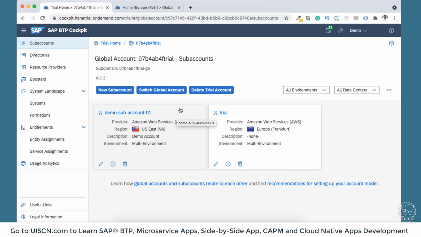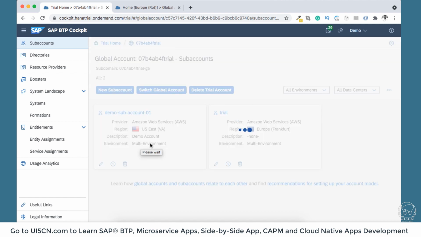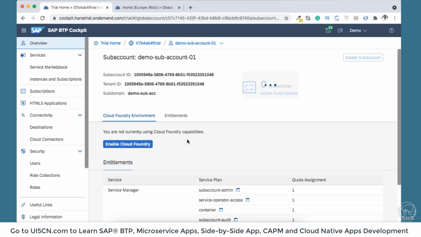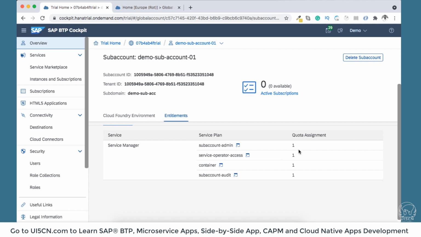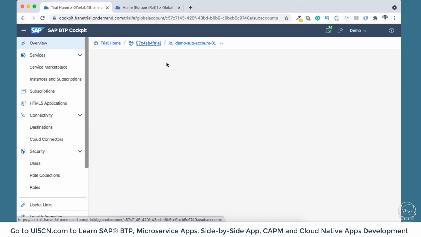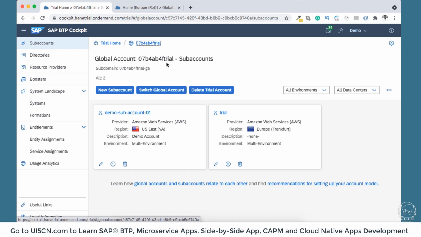Now the most important thing to remember here is that a particular sub account is basically associated with one particular location where all the services will be allocated to you. So let me go inside this newly created sub account, and it doesn't have anything. It has some of the quota which is assigned to you. Now the quotas are nothing but how much you can do. So it can be like how much capability you have. If there are a lot of things you can do, then you have to pay for a lot of things, and that is